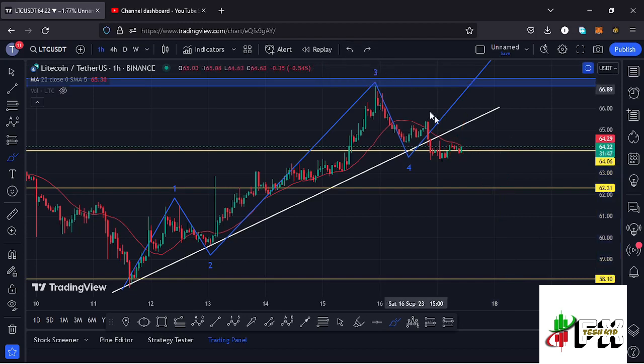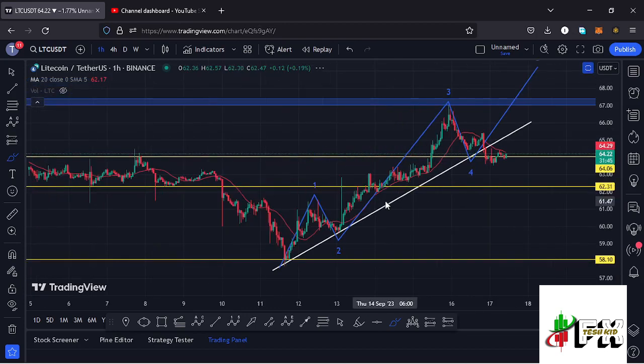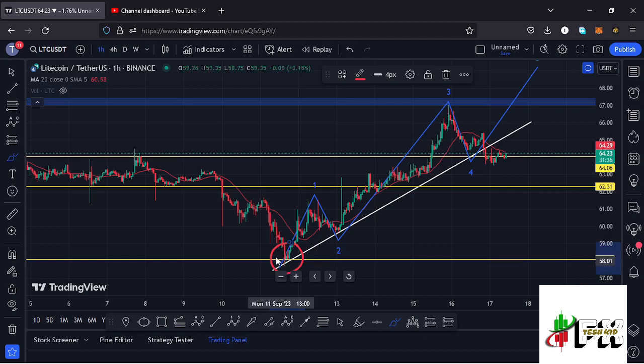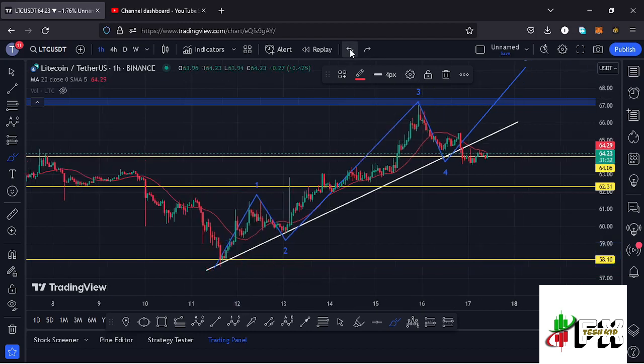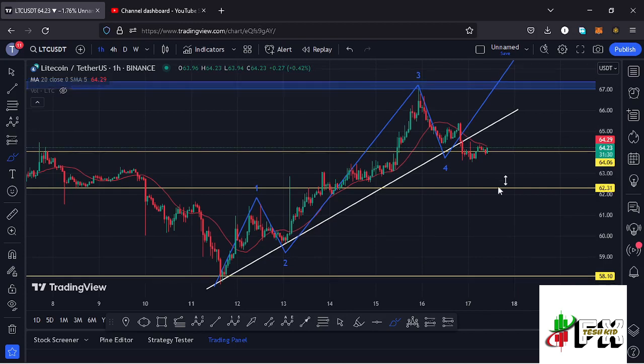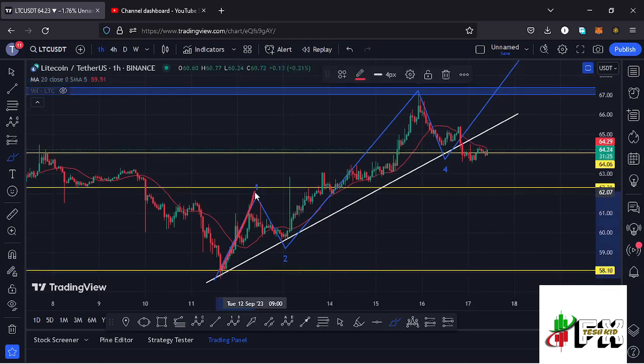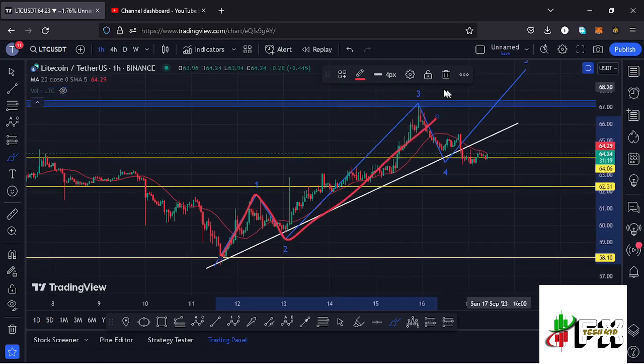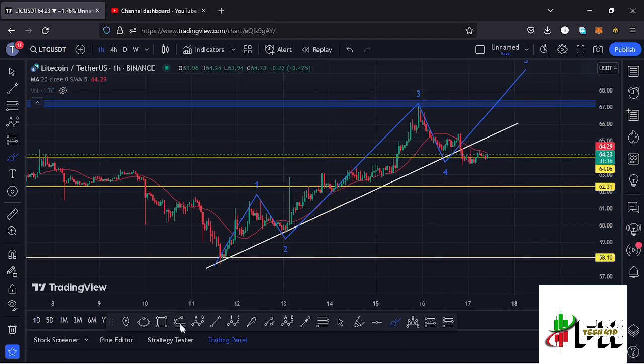We also have an Elliott wave structure here on the Litecoin chart after seeing our lows on the 11th of September, where we made a low at around the $57.79 mark. And after seeing that low, we saw that bounce to the upper side in what I'm terming as the formation of this wave 1. Then we saw a breakdown move in the formation of this wave 2, then a massive surge in the formation of that wave 3